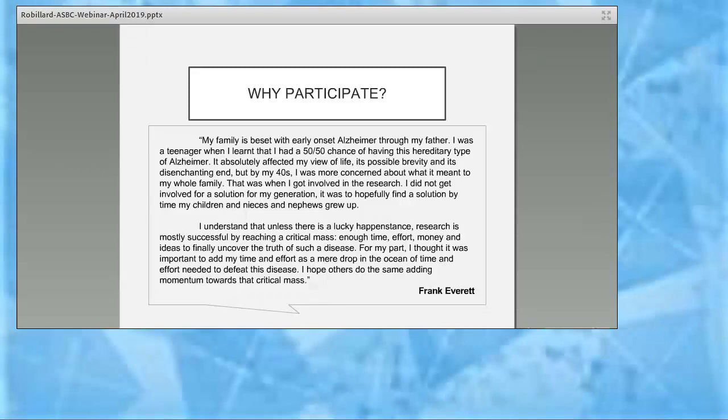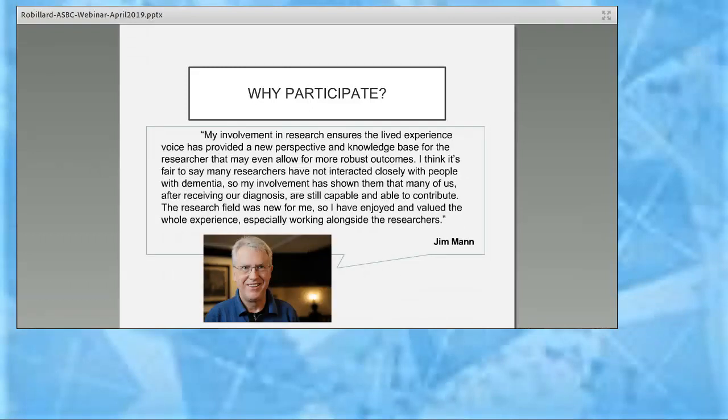So Frank tells us he's participating in research because he wants to do his part, and he recognizes that this is a challenge that's going to be addressed by having a lot of different people coming in and participating to help find solutions. My second quote comes from Jim Mann, who's a terrific human being and very involved in advocacy around Alzheimer's disease, and he shares with us,